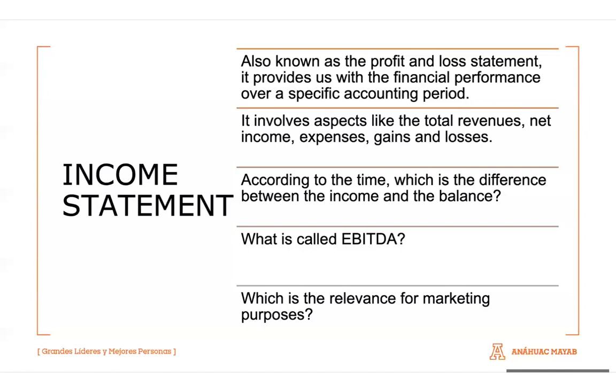What is called an EBITDA? EBITDA is one of the levels of the income statement, which is known as earnings before interest, taxes, depreciation, and amortization. Even though you're not going to be an accountant, or if you're not directly related with accounting or finance, you should know that every income statement possesses specific levels. And it's important for us to know the name because it's going to be established. And of course, what's the relevance, at least for marketing, because every decision, every strategy will also implicate an outcome